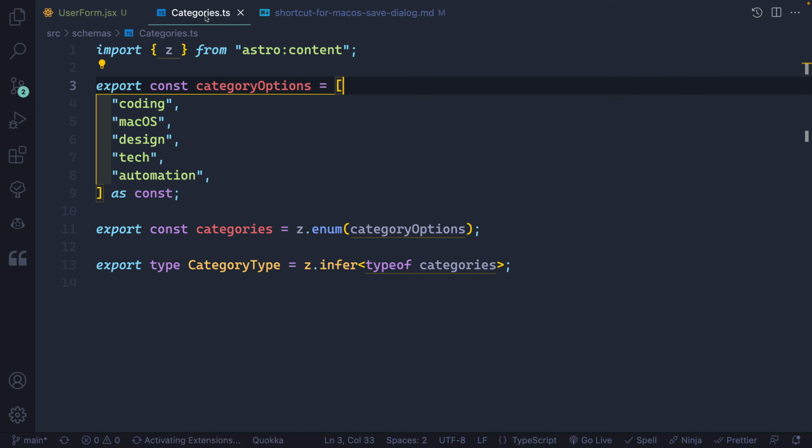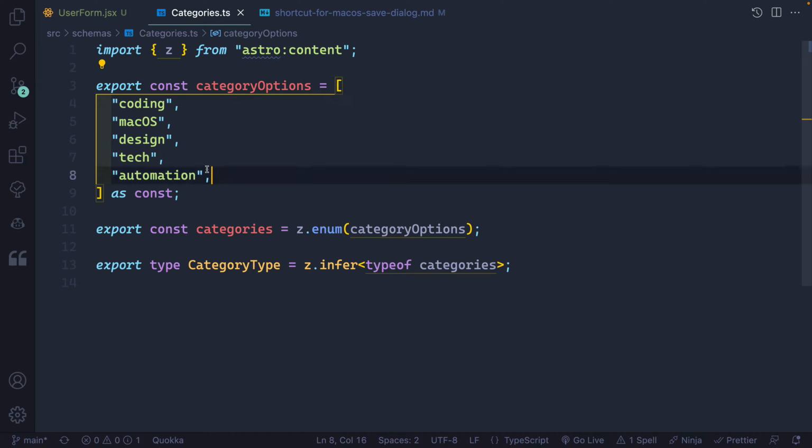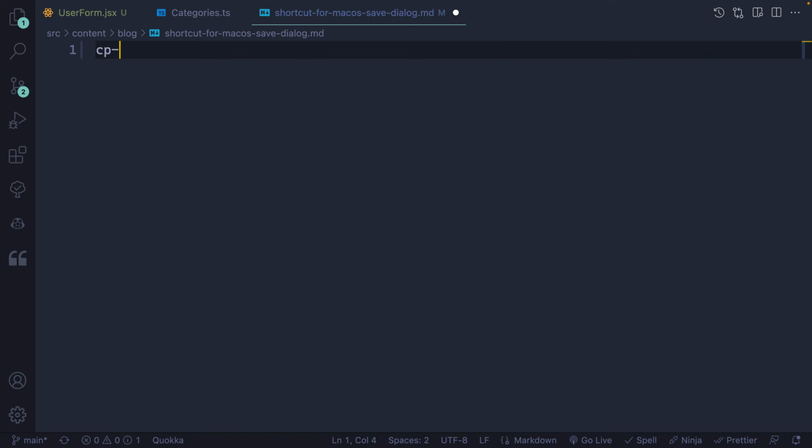For instance, I have a blog, and on that blog, I have a schema that enforces certain categories that I can use in each of my markdown posts. Now, there's not a quick and easy way to do that, but with user snippets, I can actually enforce one of these things. The way I do that is I come over here and just type CP blog,